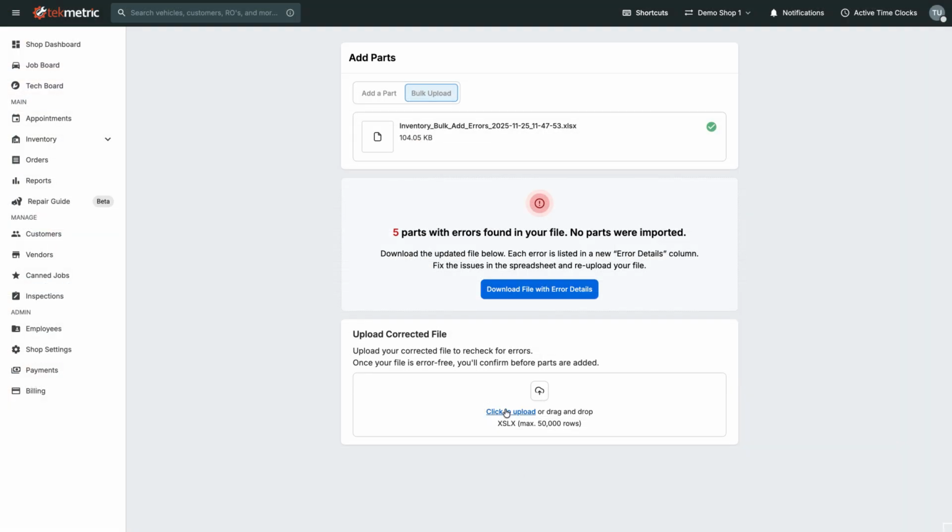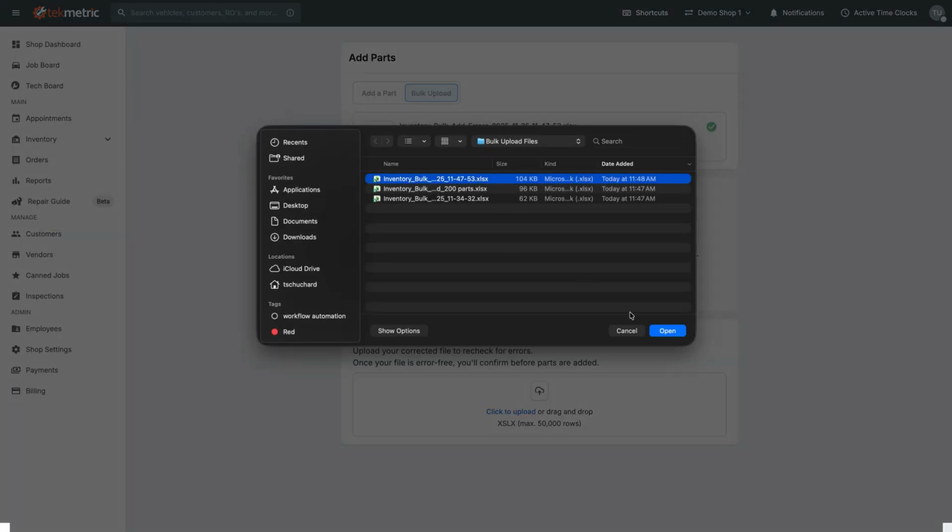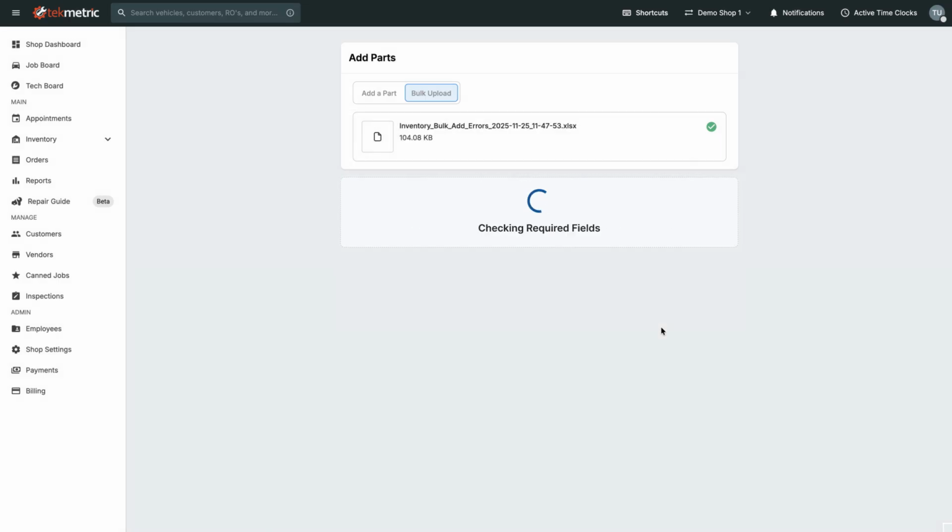Save the file and return to Tekmetric to re-upload. Upload the updated file as is. There's no need to remove the Errors Found column. Tekmetric will run the checks again. If no errors are found, you'll see a confirmation showing how many parts are ready to be added to your